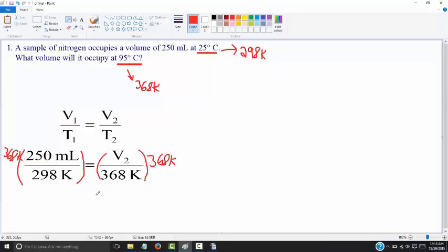Kelvin. And when we do so, these values cancel each other out. They're just left with V2. Is V2 over here. 368 Kelvin multiplied by 250 milliliters. That quantity divided by 298 Kelvin gives you a total of 308.7